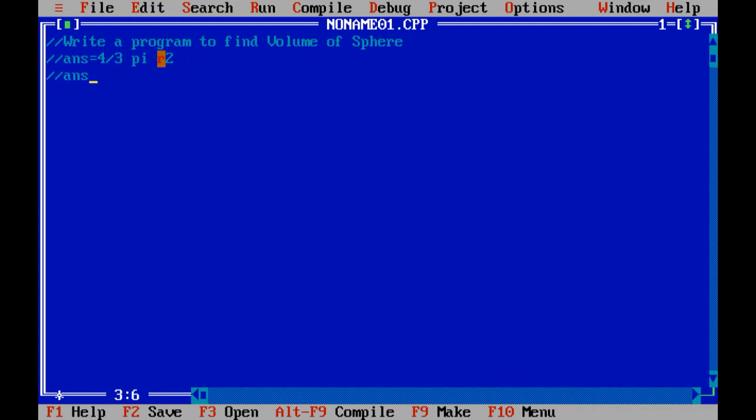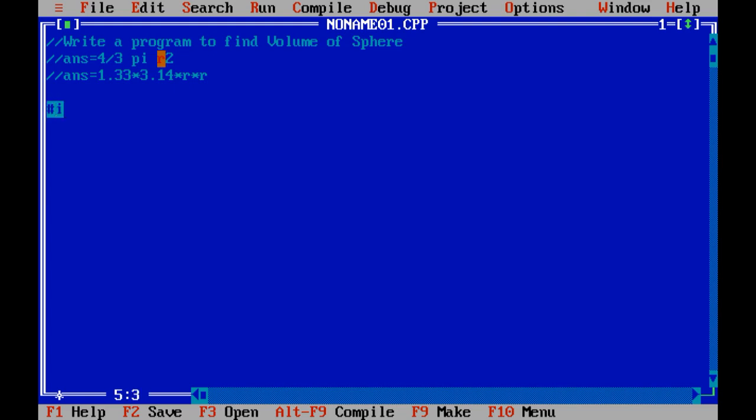Again, answer equals to, let us simplify 4 divided by 3, that is 1.33, multiplied by value of pi is 3.14, multiplied by r into r. Now here you can see that we need to declare 2 variables. One is answer and another is r. The r is my input variable and answer is my output variable.